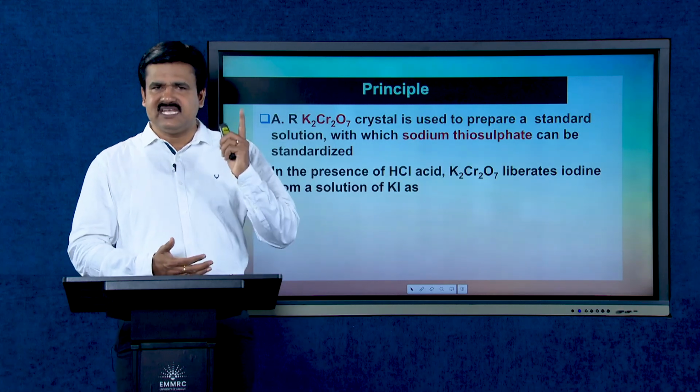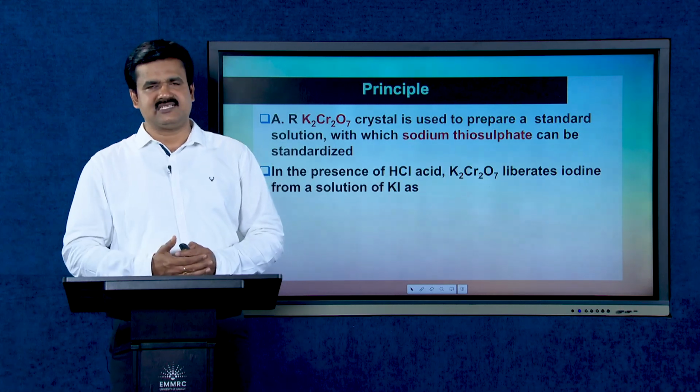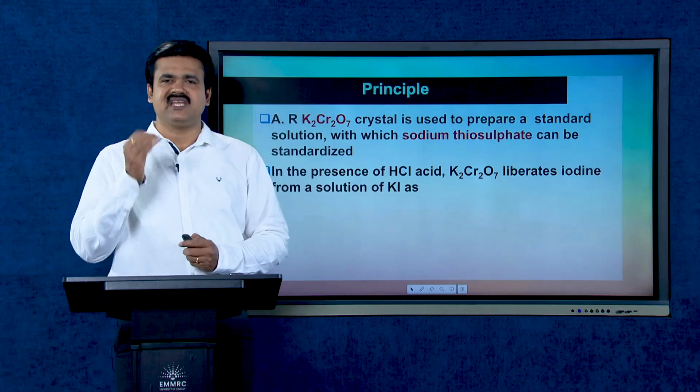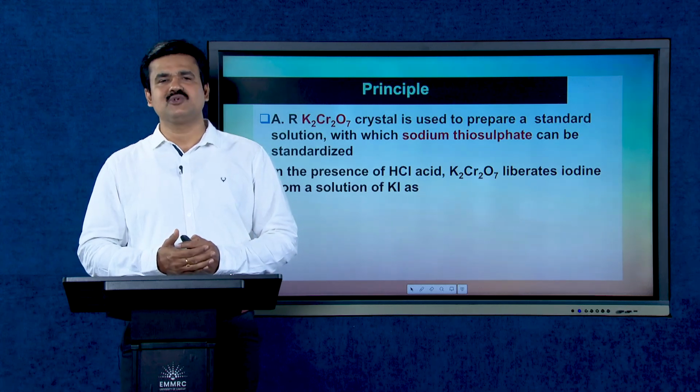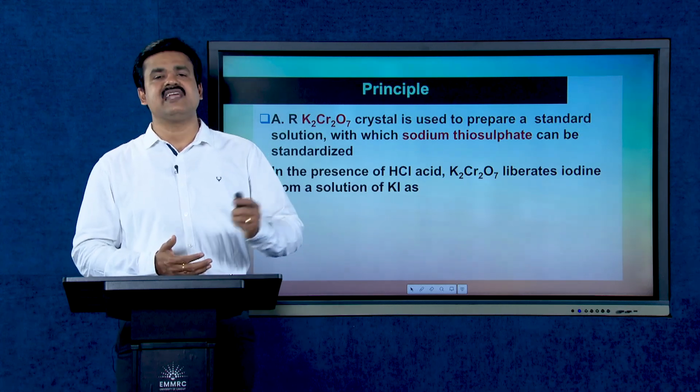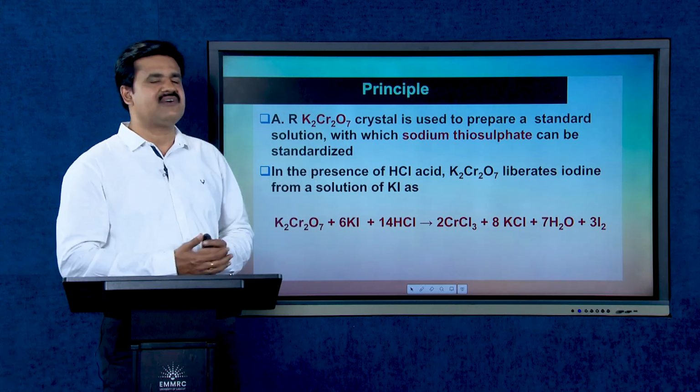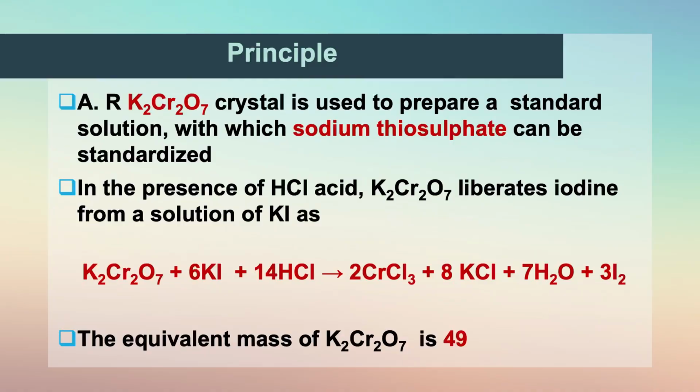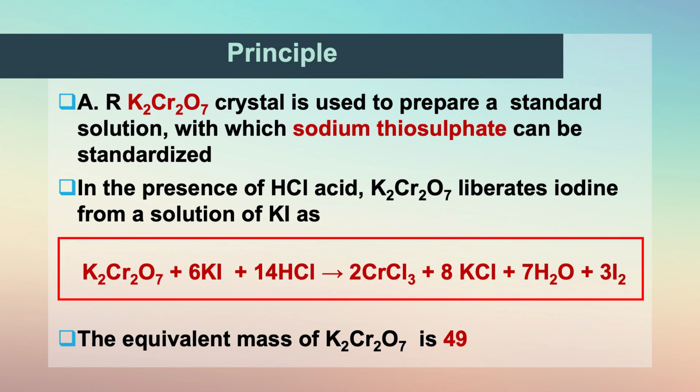Now, in the presence of hydrochloric acid, potassium dichromate liberates iodine from a solution of potassium iodide. The reaction responsible for this liberation of iodine from potassium iodide by potassium dichromate is like this. K2Cr2O7 plus 6KI plus 14 HCl produces 2 CrCl3 plus 8 KCl plus 7 H2O plus 3 molecules of